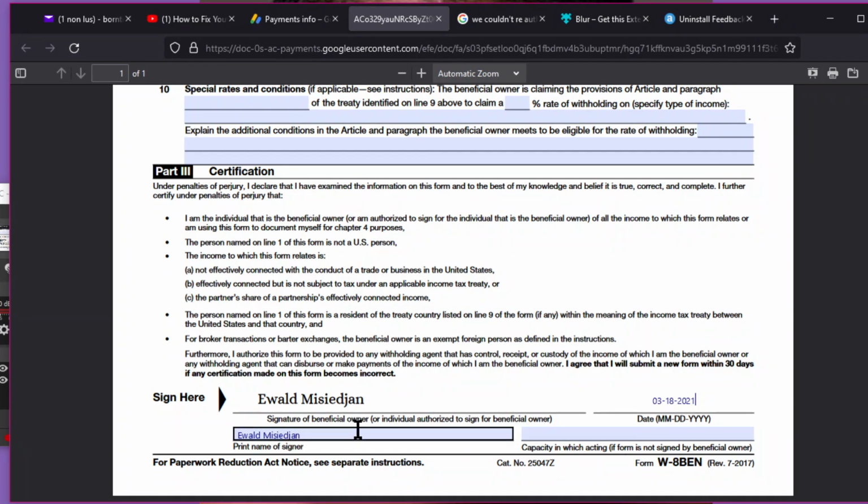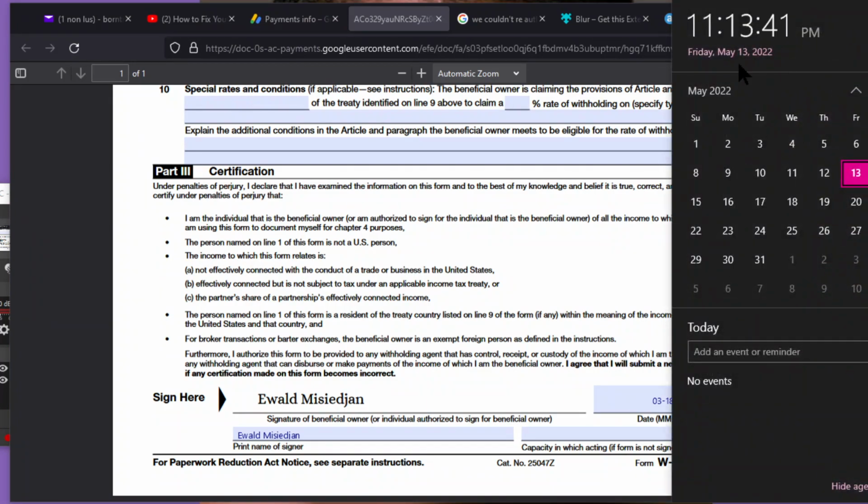So, signature of beneficiary, blah blah blah. Maybe I just change the date here, I just put today's date. Maybe that is fine. Sometimes some things are so easy, but people complicate it. They make it look like rocket science and aeronautic engineering. Trust me, life is easy, but people complicate it.